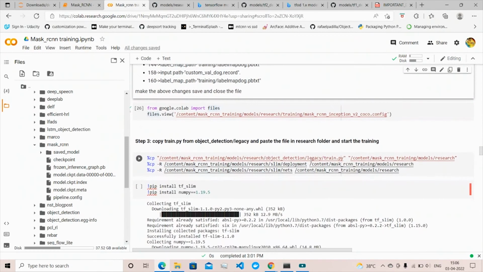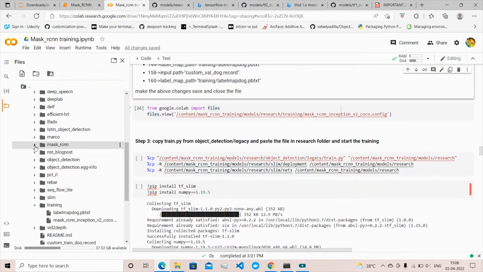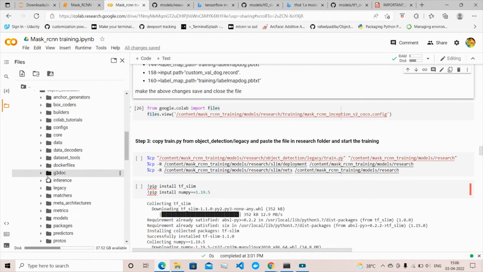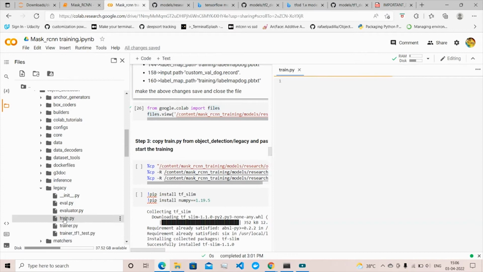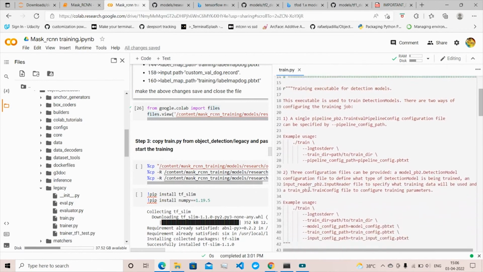Save this config file, close this config file. Now you want to copy the train.py file. So we will be using this train.py file and we will be training. This train.py file will be in the object detection folder, in the legacy folder. If you open the train.py file, now you will be able to see that it is following